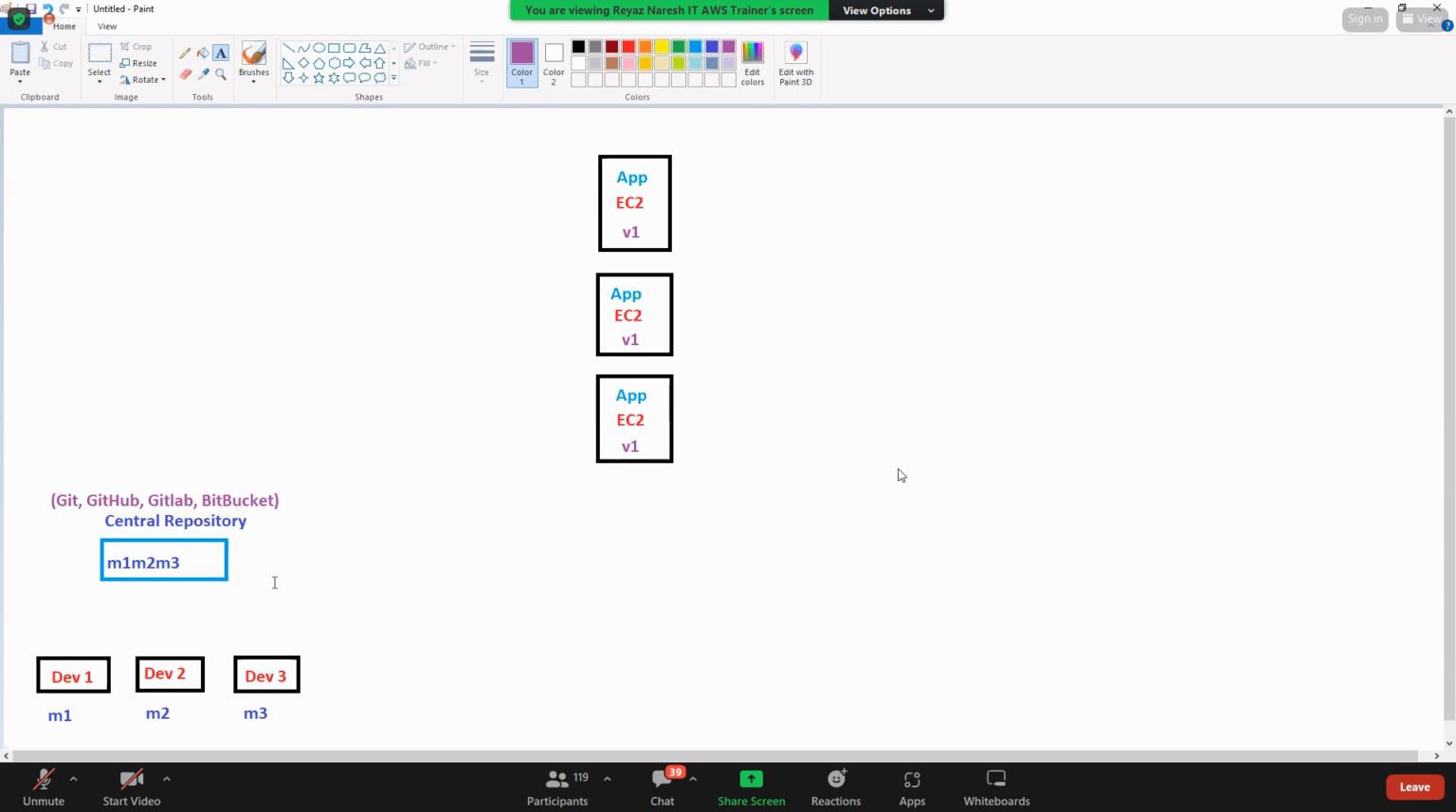Version control means that today you develop the code and you push it to the central repository. Tomorrow you develop another code, you push it. So version 1, version 2. All kinds of versions will be there inside the central repository. You understood? So Git is a central repository, a tool that you can install on some